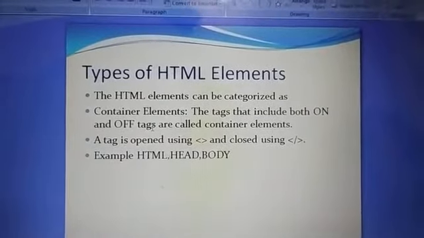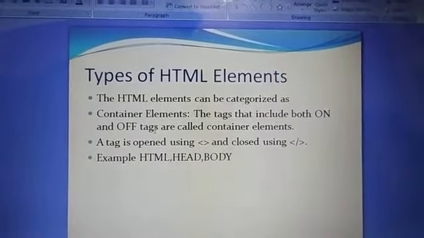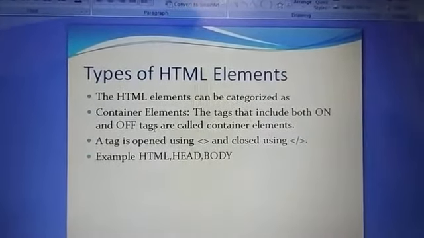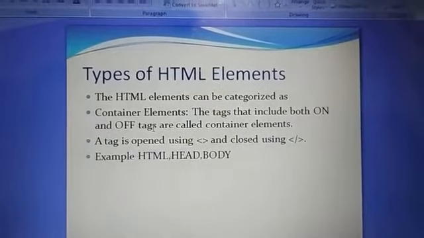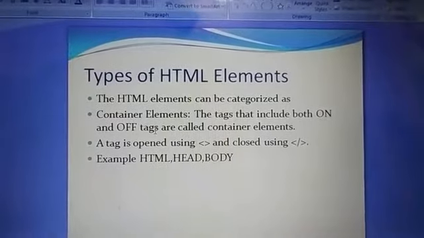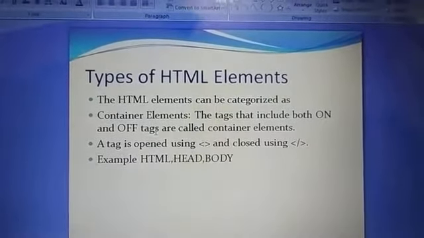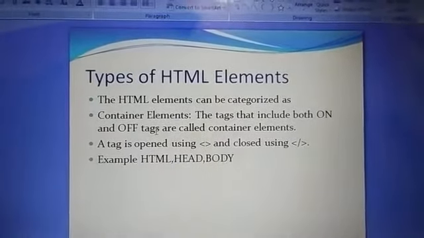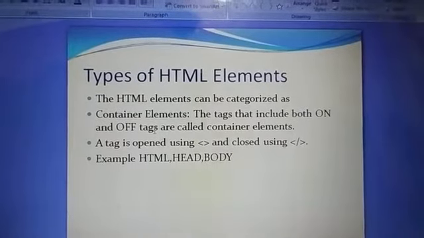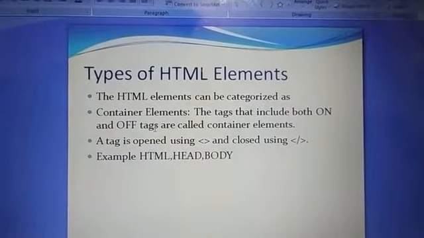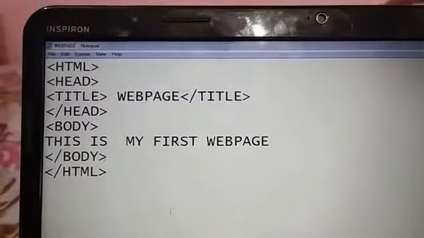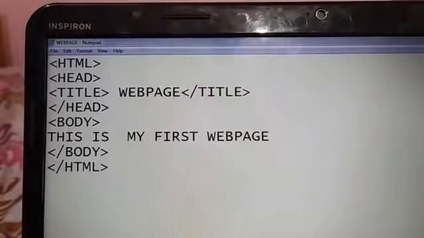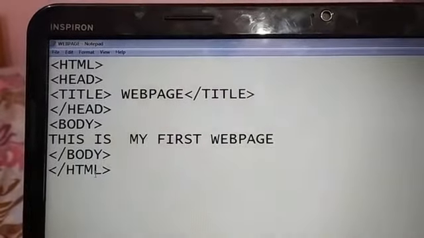Now we will learn different types of HTML elements used in HTML. There are two kinds of elements: container element and empty element. The tag that contains both on and off tags is called the container element. Like the example I have shown you in the notepad. Here in this HTML, this is the starting tag and this is the closing tag.